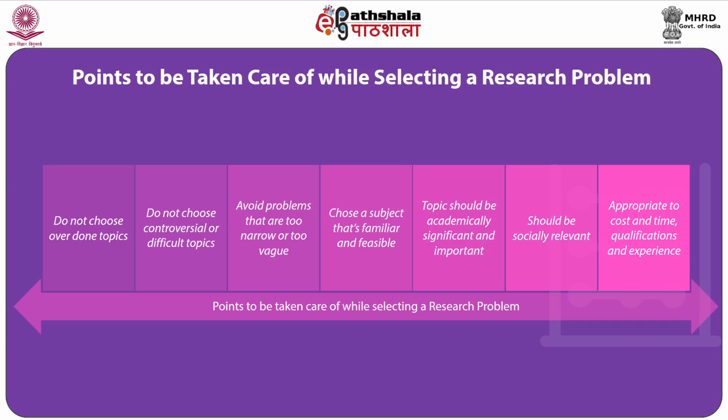The chosen subject should be familiar and feasible to the researcher. The topic should be of significance and importance in the particular field of specialization of the discipline, academically as well as to people living in the society. And lastly, cost and time factors, as well as the experience and qualifications of the researcher, must be in accordance with the problem